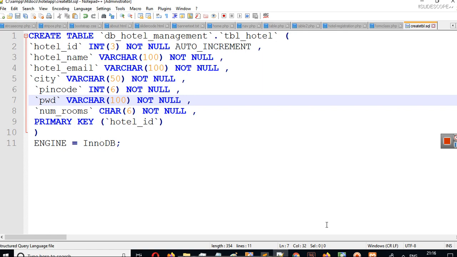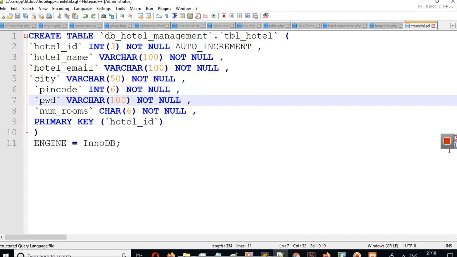With every chapter I will share the code, so that suppose you have to create a table for hospital management. So this will be hospital ID, hospital name, hospital email, city, pin code, password, and instead of number of rooms you can write something like number of beds. How many beds are there in that hospital or nursing home? You can also write something like specialty and so on.